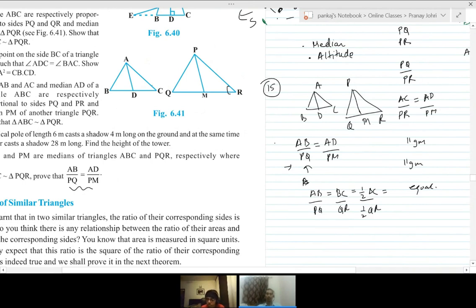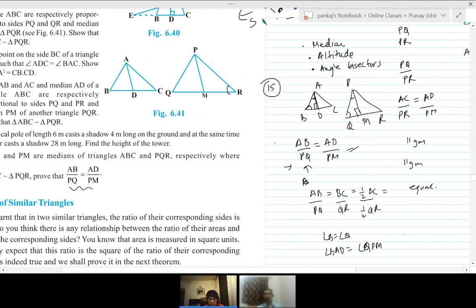If AD was a median, so this was 90 degree, PM was 90 degree, and then you can prove that this ratio would be equal, isn't it? And it is also very simple to prove in case of angle bisectors. So if they are angle bisectors, we can prove this one angle, this another angle becomes equal, right? Angle B is equal to angle Q, and half of A and half of P is equal. So we can write this angle as equal, right?